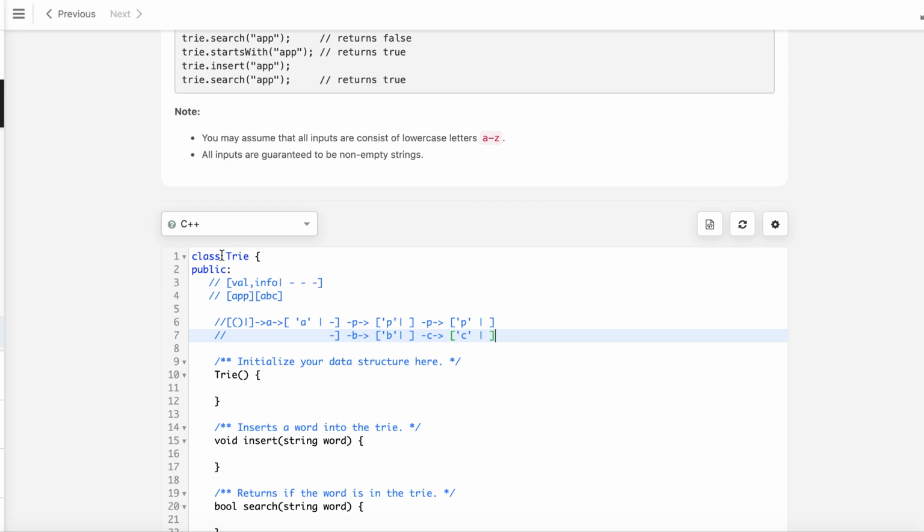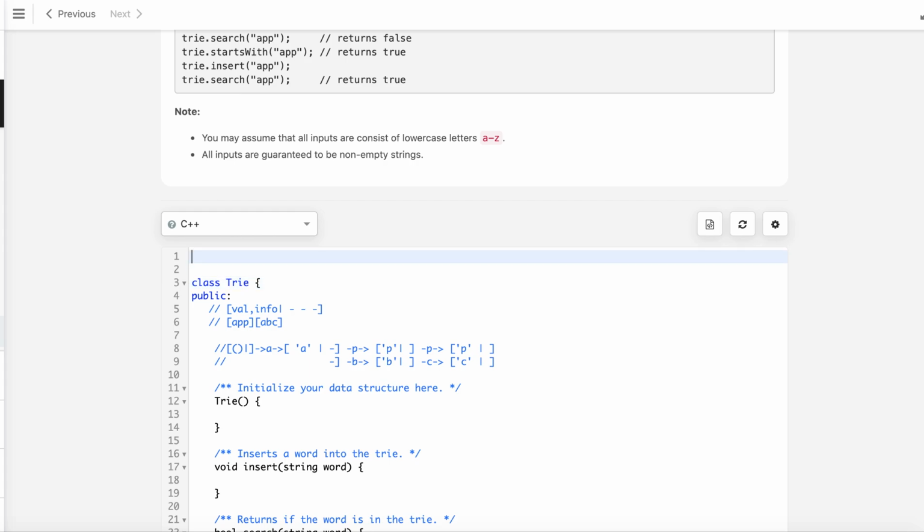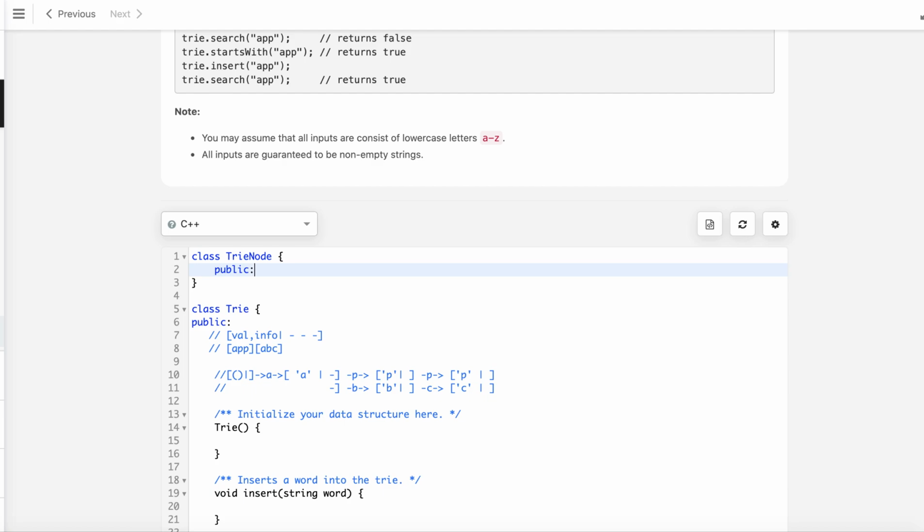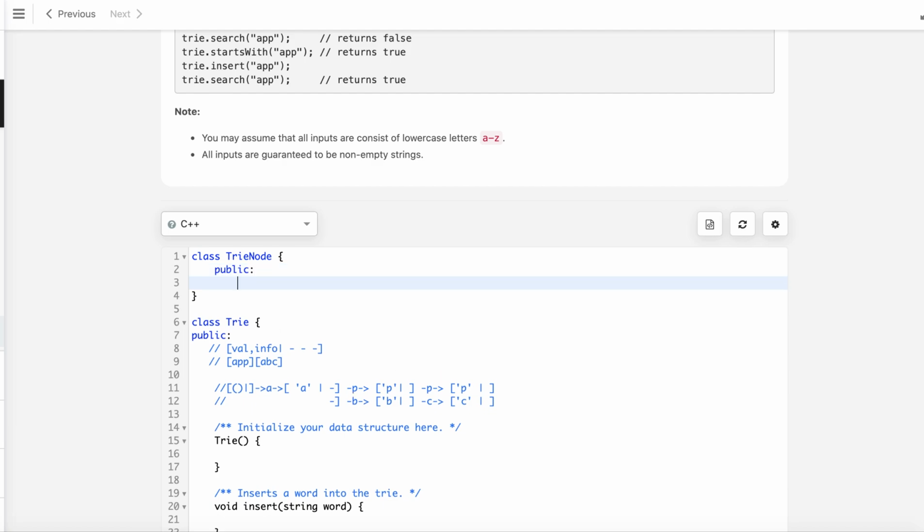So now let's see how we can represent that particular trie node. Let's build a class for the trie node, which can have information of a particular character. What information can it have? We can either store the character or not. Let's store it for now,